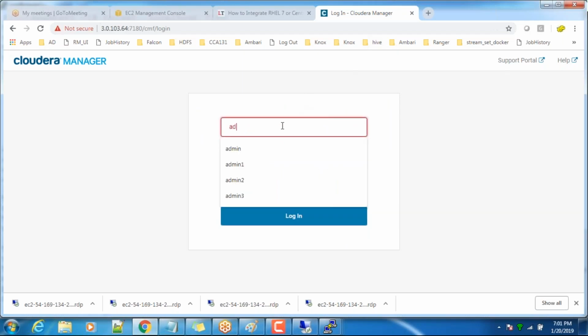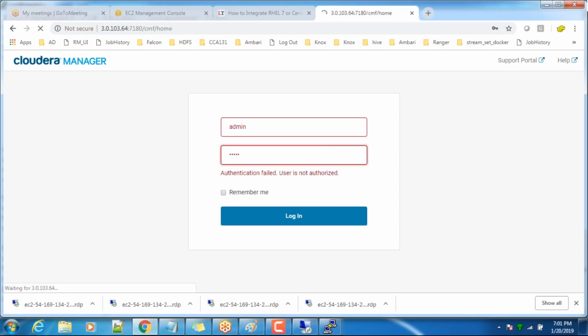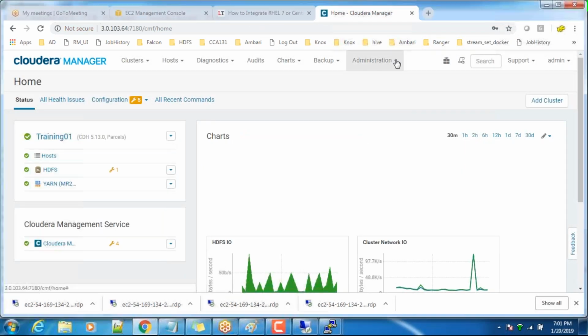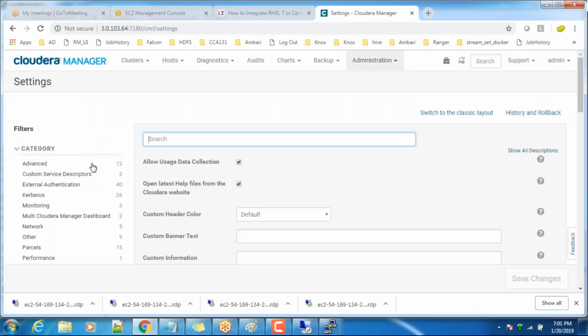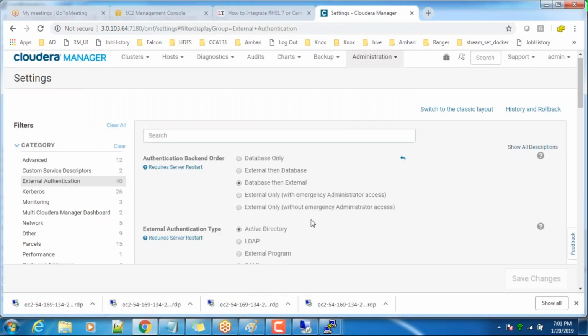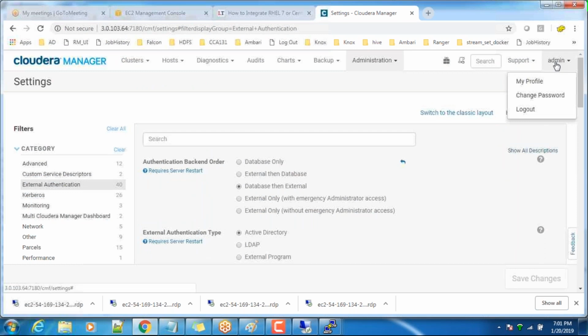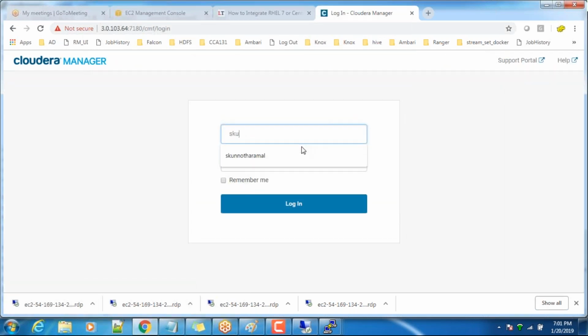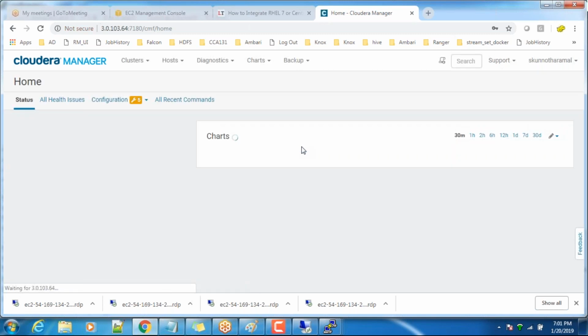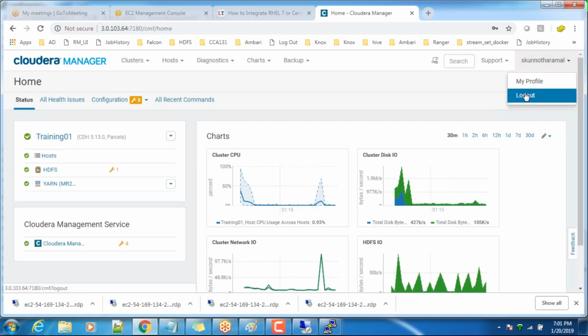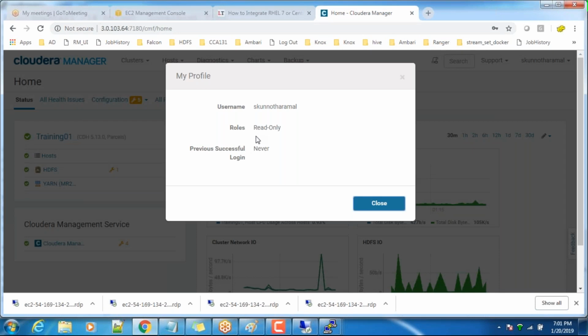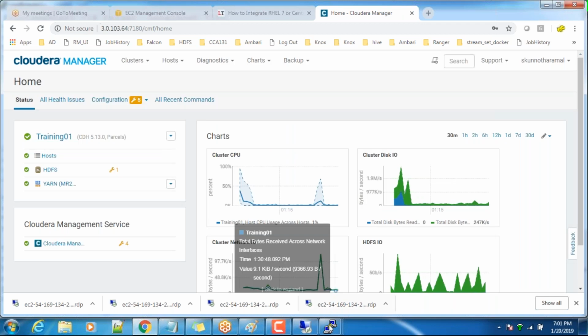If you see here, under admin and settings, external authentication, we are restricting access only to whoever belongs to this LDAP users group. Now just add my user. I'm able to access and see my profile permission. By default I'm getting read-only access since my ID is added to